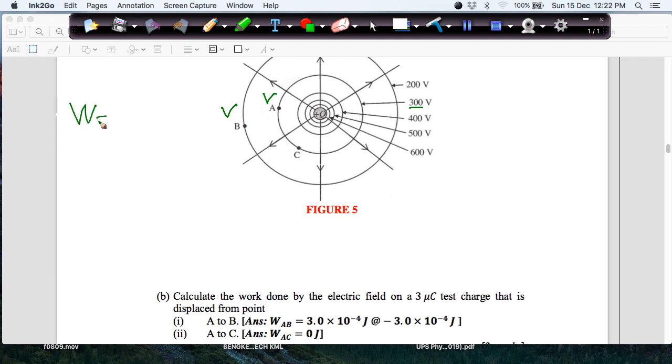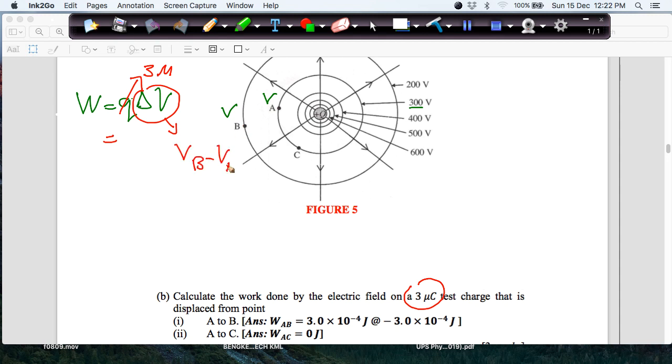The work done equation is W equals Q delta V, where Q is the 3 microcoulomb charge, and delta V is the change from A to B, meaning VB